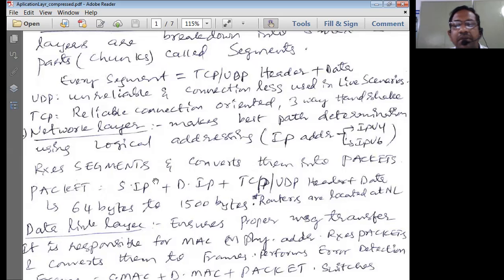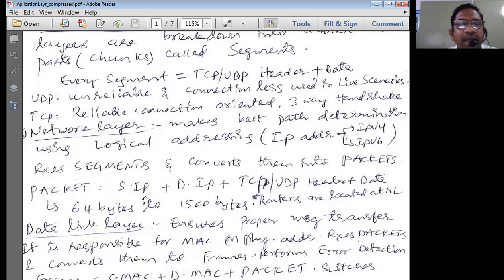The network layer receives segments from the transport layer, and these segments are then converted into packets. After it finds out the best path for a packet to take, it converts them into packets and embeds the routing data in the packet along with the data received from the transport layer.